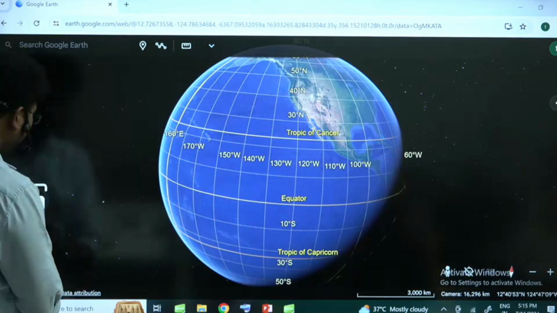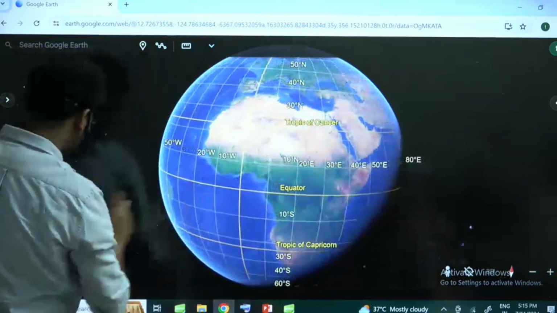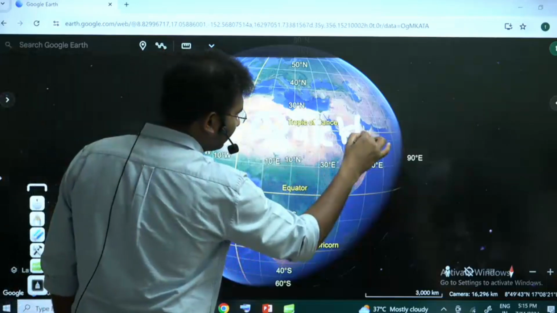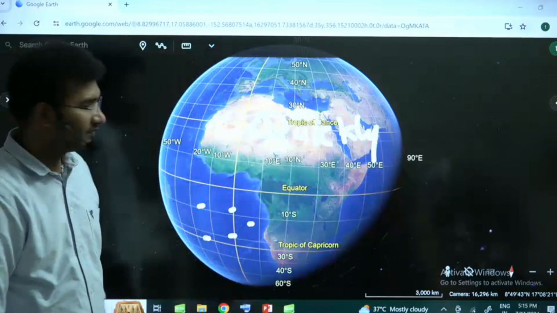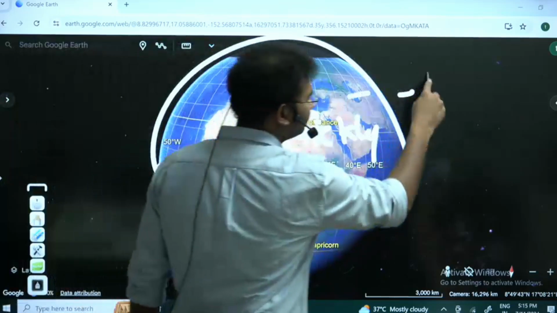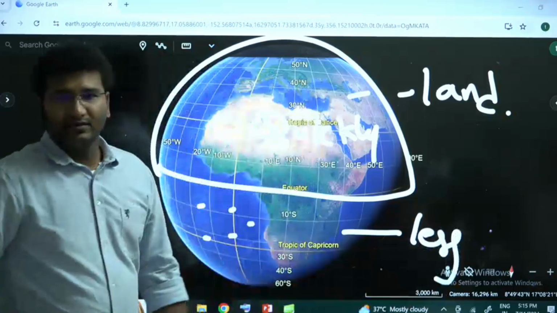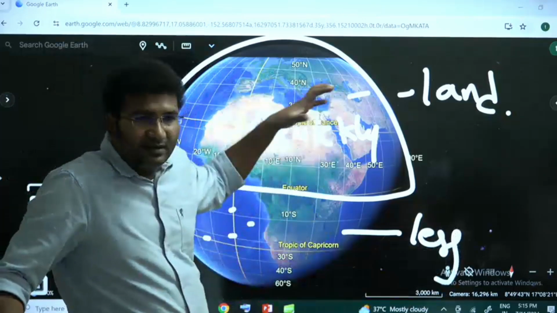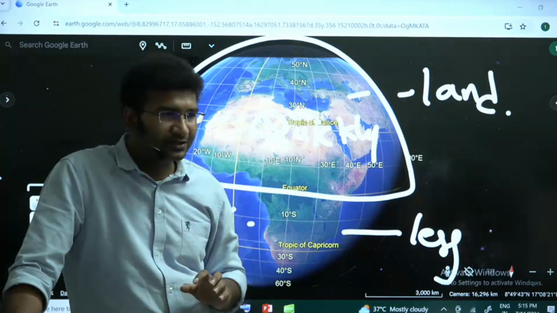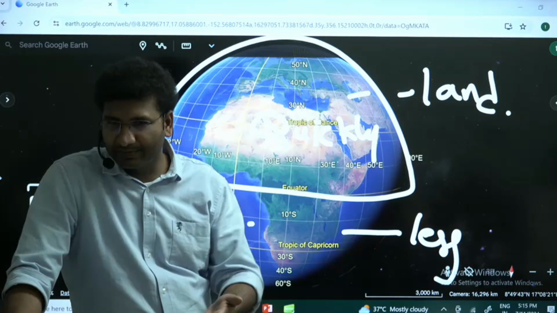In totality, if you look into it, you already know that land gets heated quickly, right? And the water gets heated slowly. Now look at this northern part of the earth. There is more land, and here you have less land. So once the heat is given to the water, don't they retain it for longer? Yes, they definitely retain it for longer durations. Remember this factor. This is something which I am going to discuss in the upcoming time period.